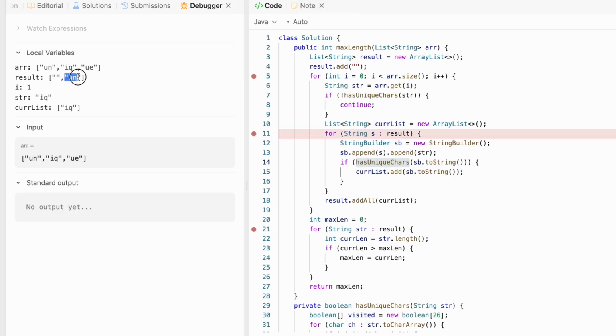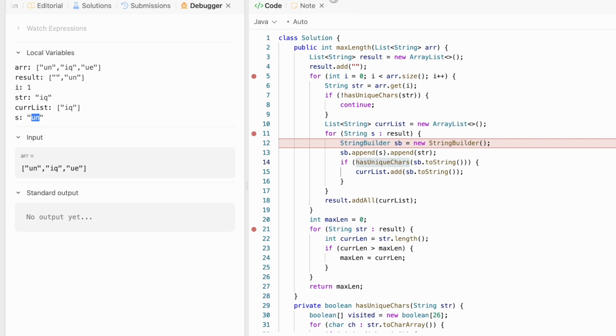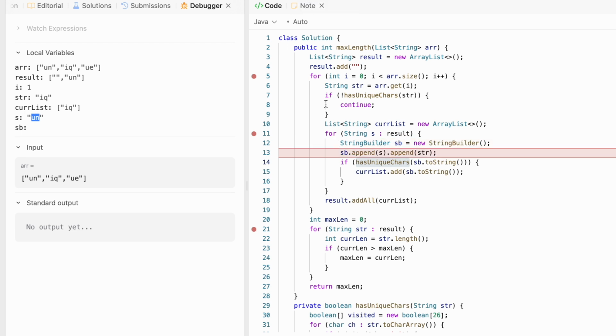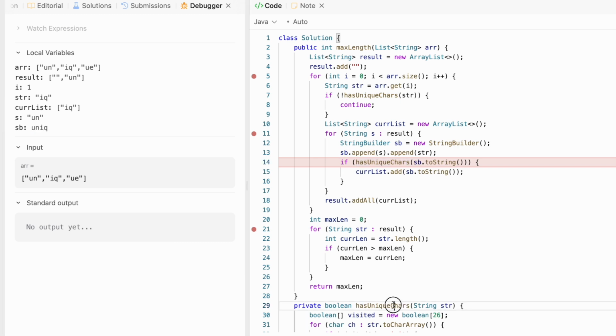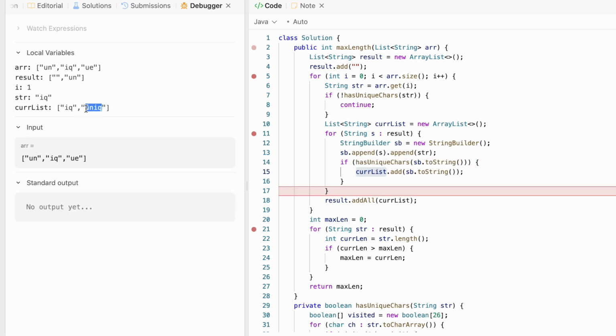Now S is UN. We create a string builder SB, and into this SB I'm appending S. So first UN is appended, and then to UN, IQ is appended, and the entire string builder has UNIQ. I'm checking if UNIQ has unique characters. Yes, it has unique characters, so it will enter and be added into the current list. So UNIQ will be added to the current list. As you can see, UNIQ has been added, and now we check if any more strings are